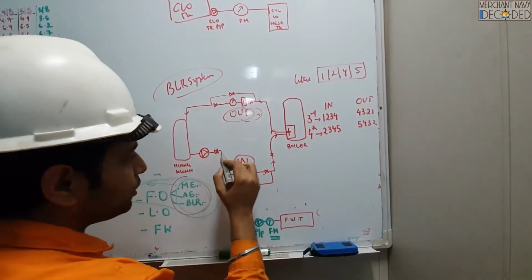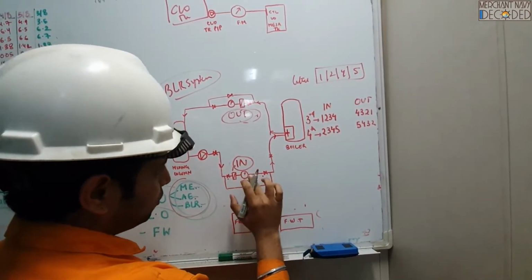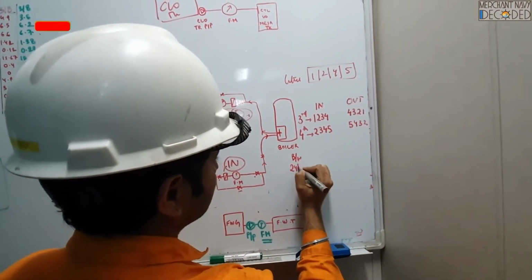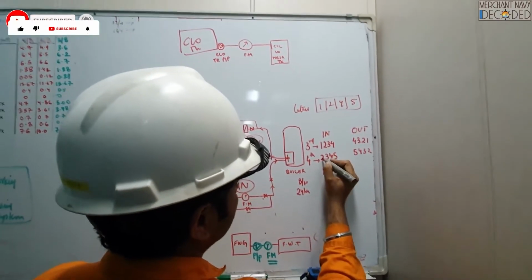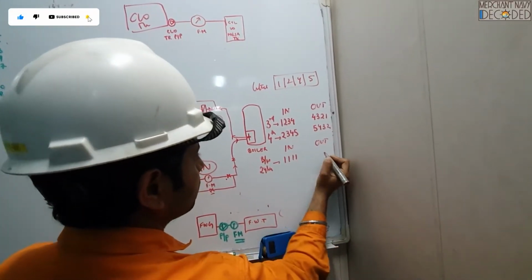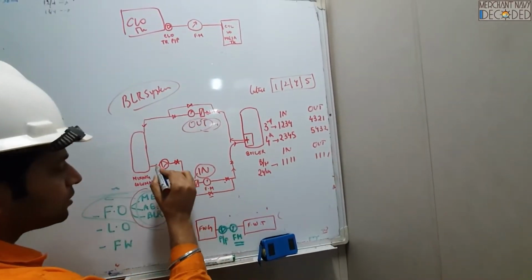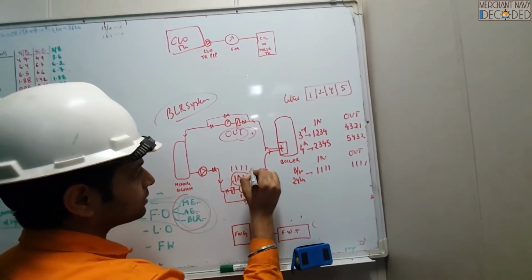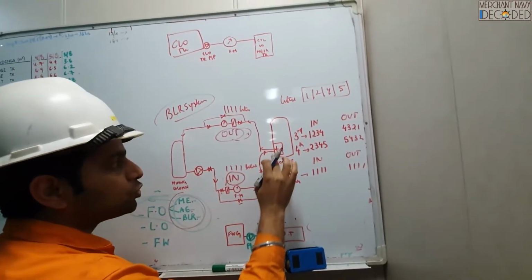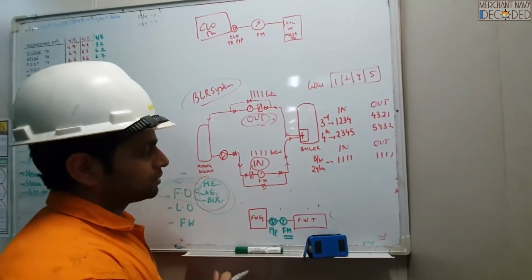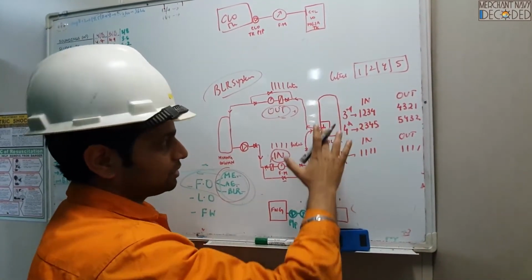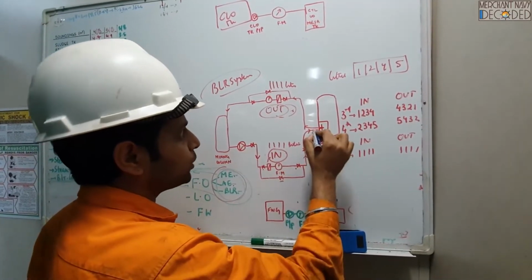Now how much fuel has actually flown through in these 24 hours? Between 24 hours, in how much? 2 minus 1, 1, 1, 1, 1. And out how much has flown? 1, 1, 1, 1. That means the oil has gone in 1, 1, 1, 1 liters and has come out 1, 1, 1, 1 liters. That means no oil has been consumed by the boiler. That means most probably this flow meter reading was taken when the boiler was at sea, not firing. So whatever oil was going was coming back.